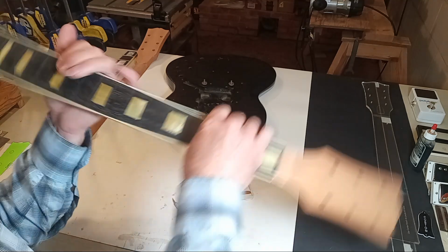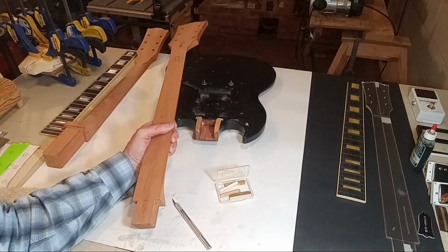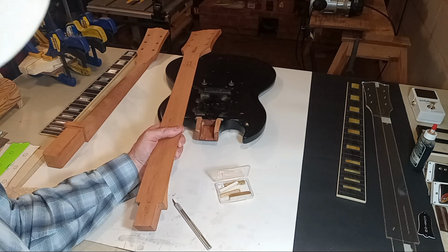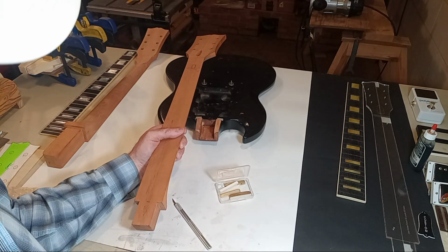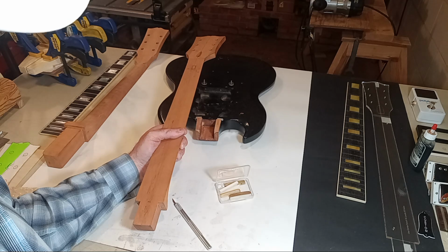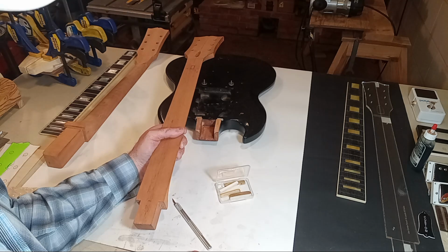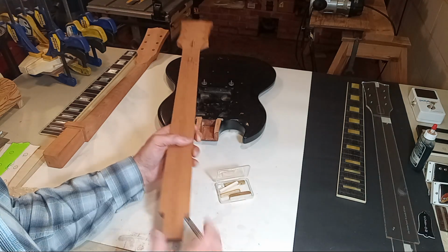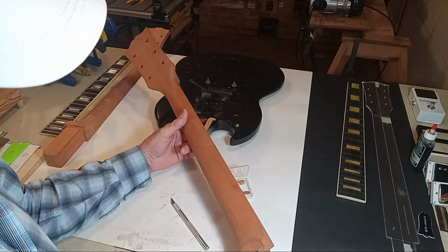But as I'd mentioned in some of the past videos, airplanes are not designed and built to be crashed. They're designed to be flown. And same thing with guitars. I have dropped one SG once, but I was a kid. But after that, I've never dropped a guitar, ever. I've had them kind of fall over on the couch a little bit. But when you've got a guitar of this caliber, or any guitar for that matter, I think you should treat it with respect